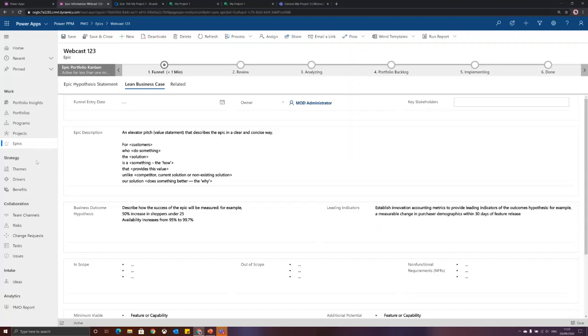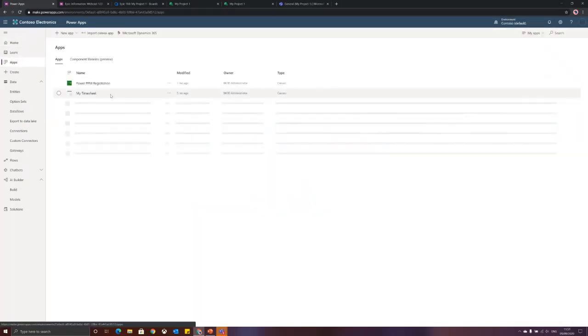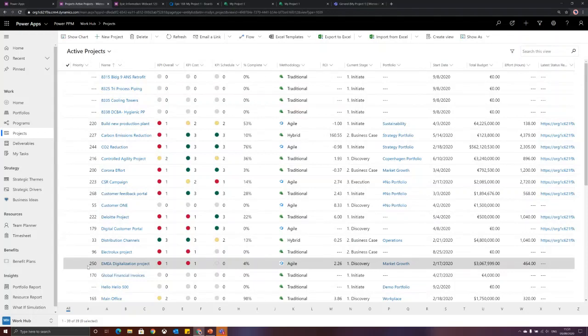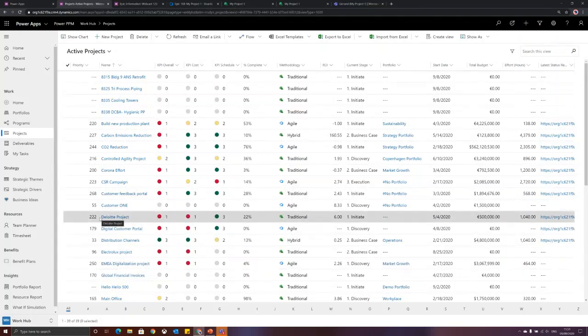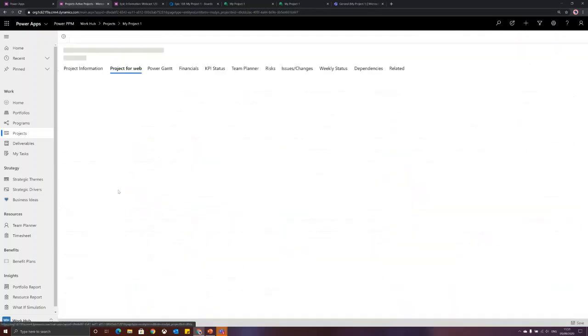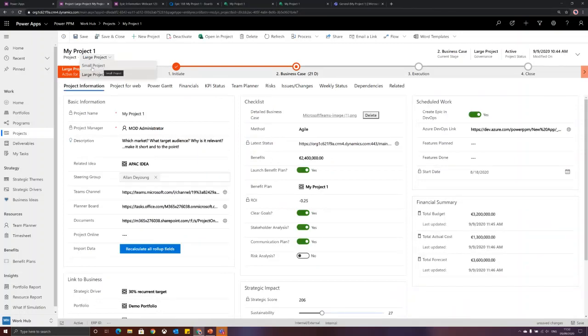But the other question asked here is, can we simplify it? If we go back to where I came from just briefly, let me change the environment again. I have so many. All of these can be removed, hidden, or even redone from the ground up just by doing configuration, because they're small components we have built, like a financial grid and a stakeholder management grid that I haven't shown today. But I could also go into the project and, based on the project type, let's call it simplified, click on this one, small project,